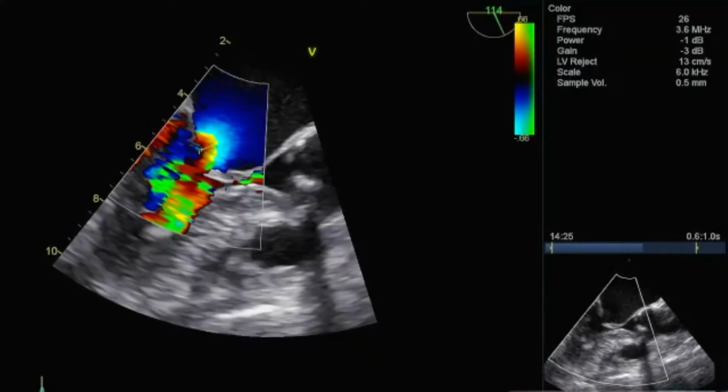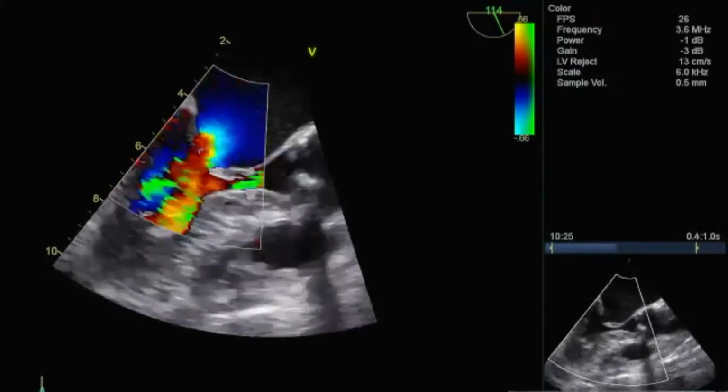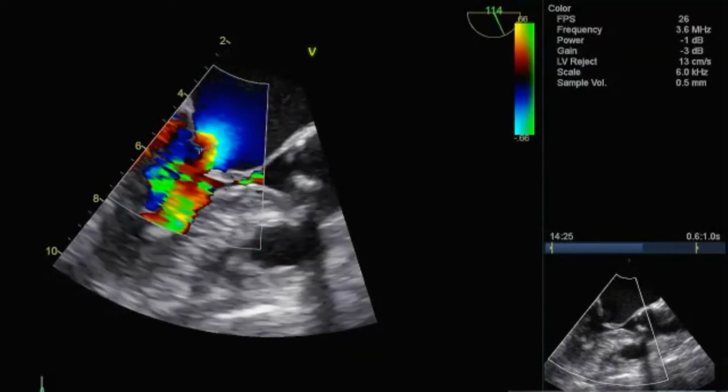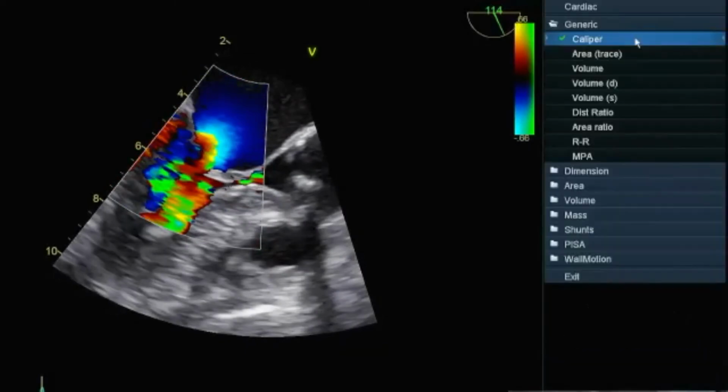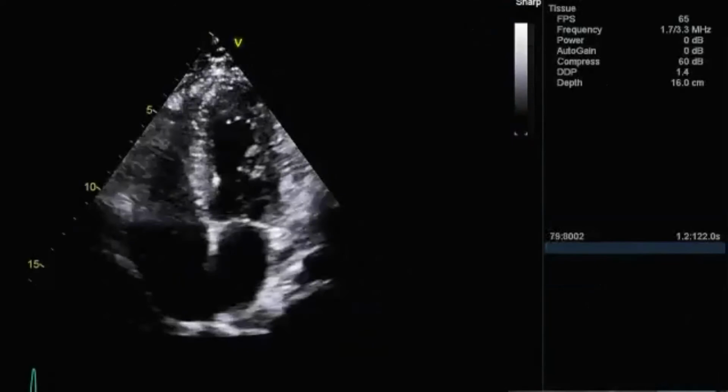In MR cases, which is 0.38 over here. And I'm not really sure how correct I am, because I'm not utilizing PISA for mitral stenosis. But I can definitely utilize this PISA for mitral regurgitation. So I just wanted to show you what this PISA is. Okay. Yes, sir. Clear, sir.